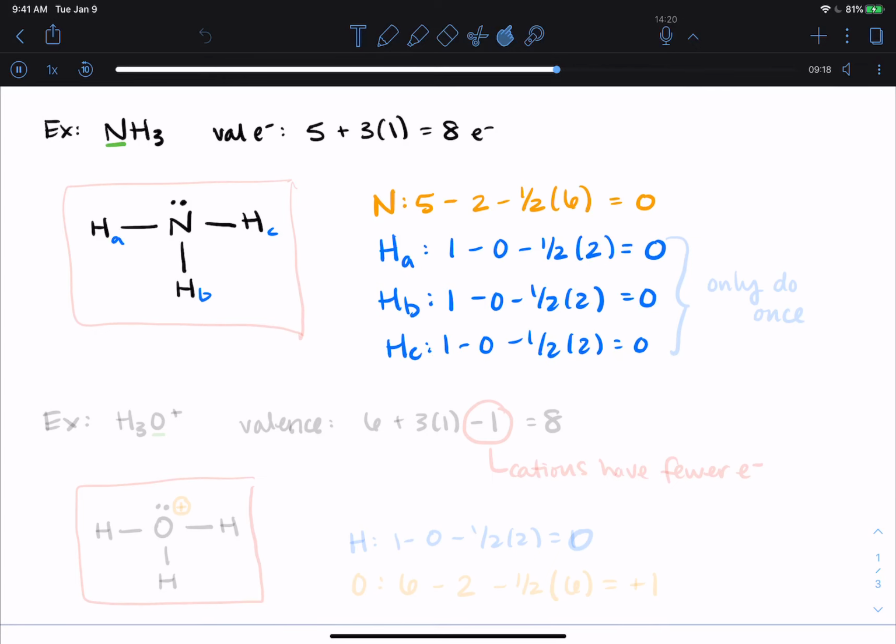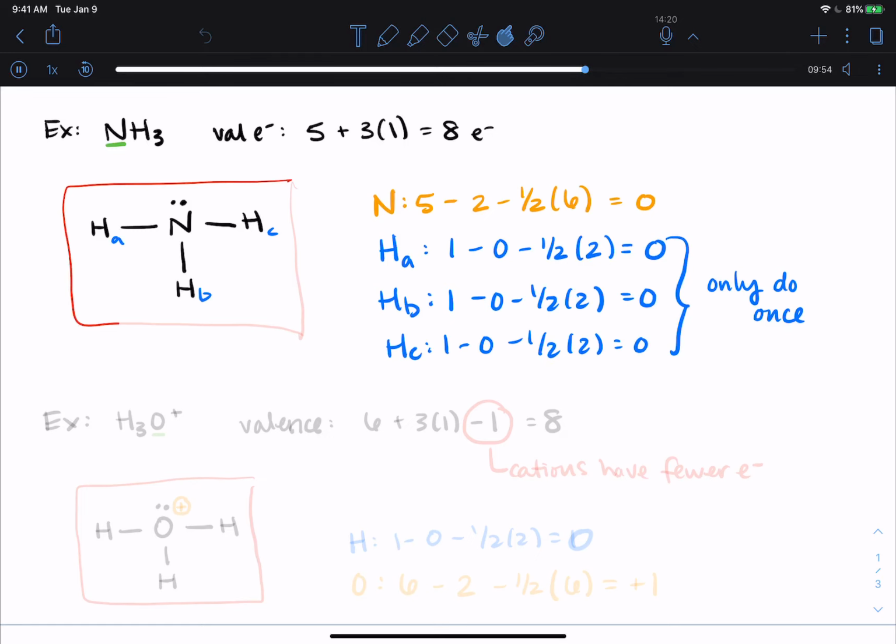If they look exactly the same, right? They have the exact same number of lone electrons, the same number of bonding pairs that they're connected to. You only have to do this calculation once. You don't have to do it 3 times. If you've done it 1 time and another identical atom has an identical bonding situation, just use that one calculation. So these are all 0, so I don't need to write them on here. So this is my final